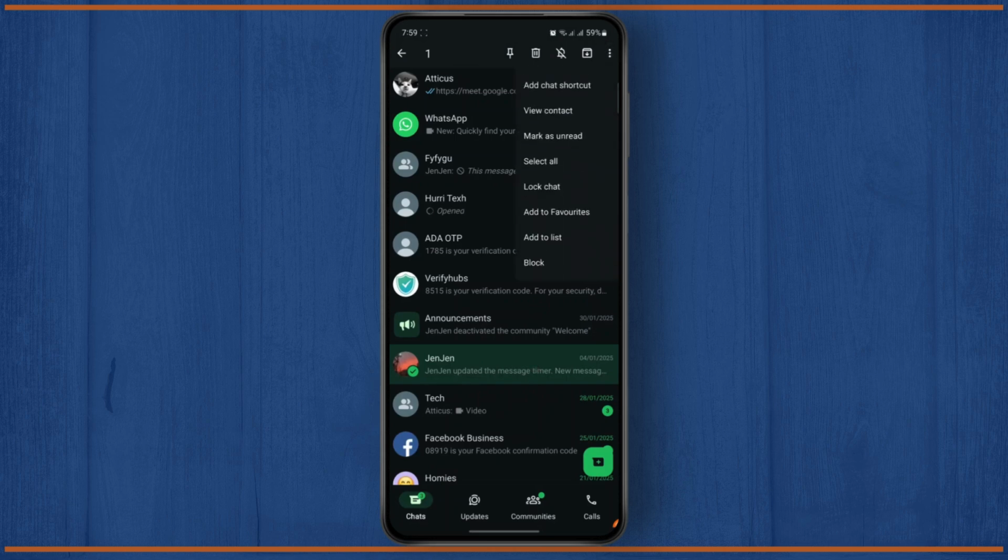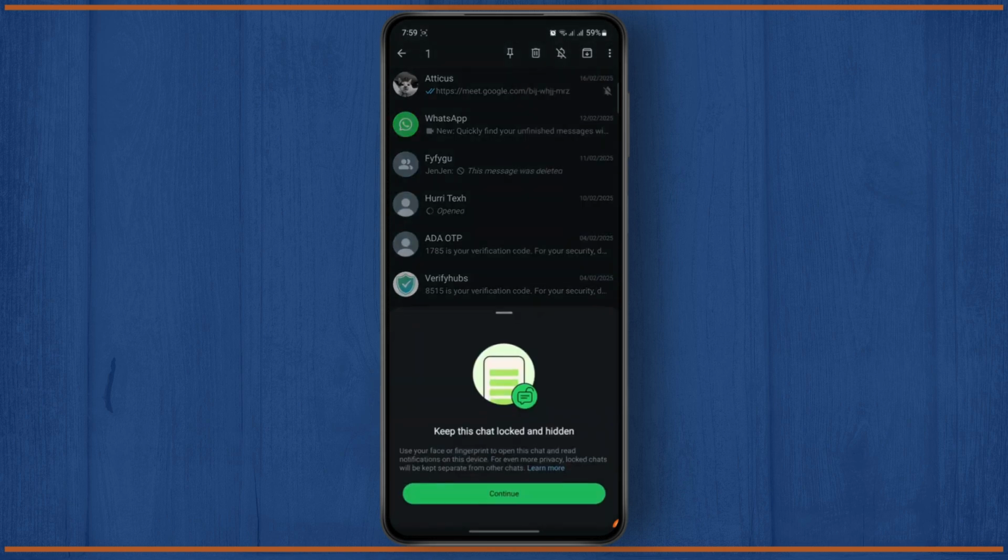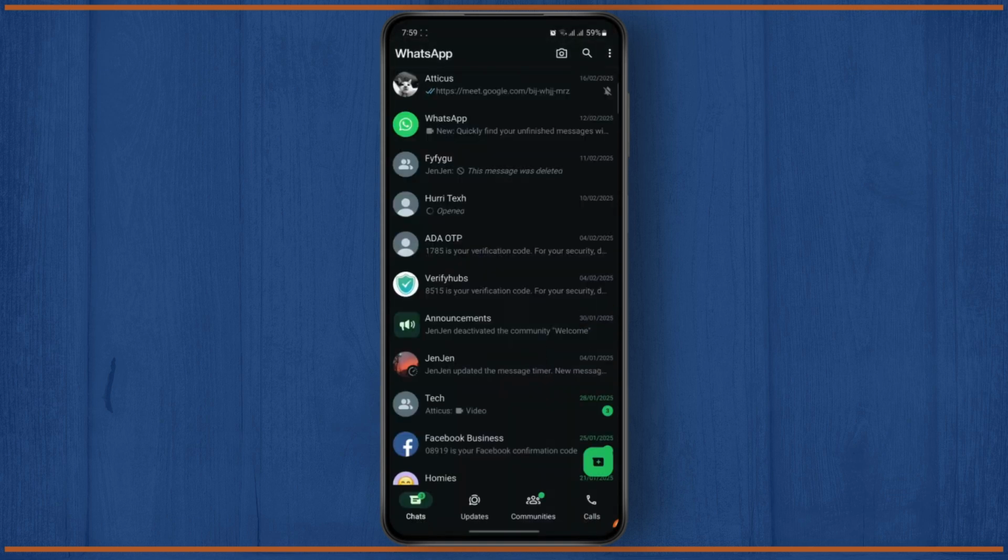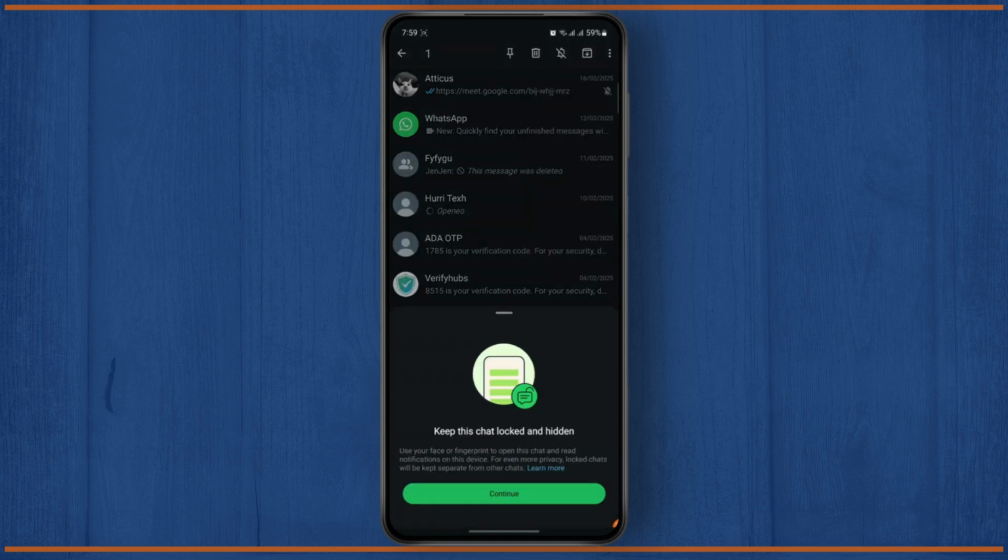on the three lines. Now here you have an option to lock chats, so just tap on it. You can use your face or fingerprint to open this chat and read conversation and notification on this device. So just tap on continue. If you want, you can use your PIN, or if you want, you can use your fingerprint as well. I'm just going to use my fingerprint, so I'm just going to tap on it and tap on lock chat